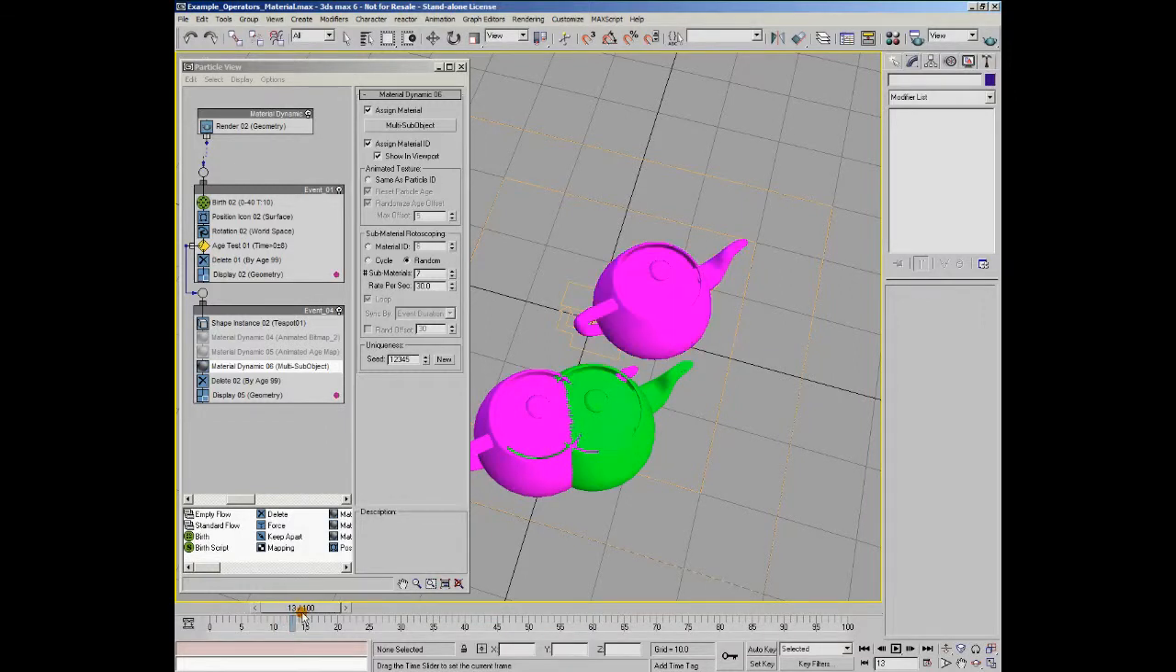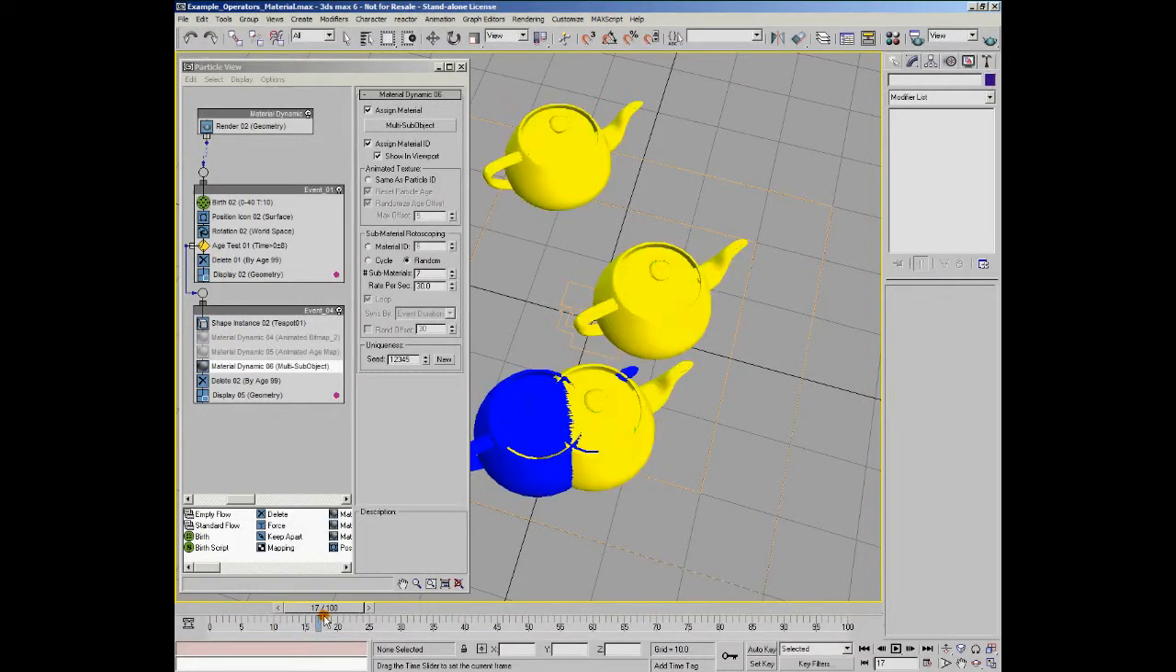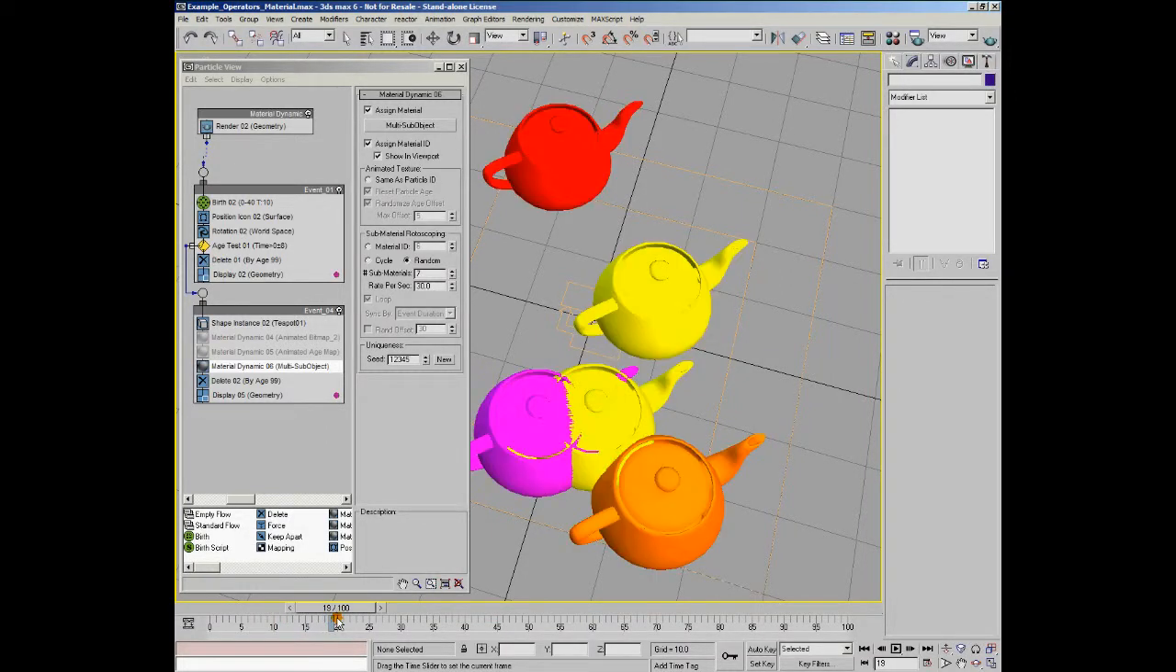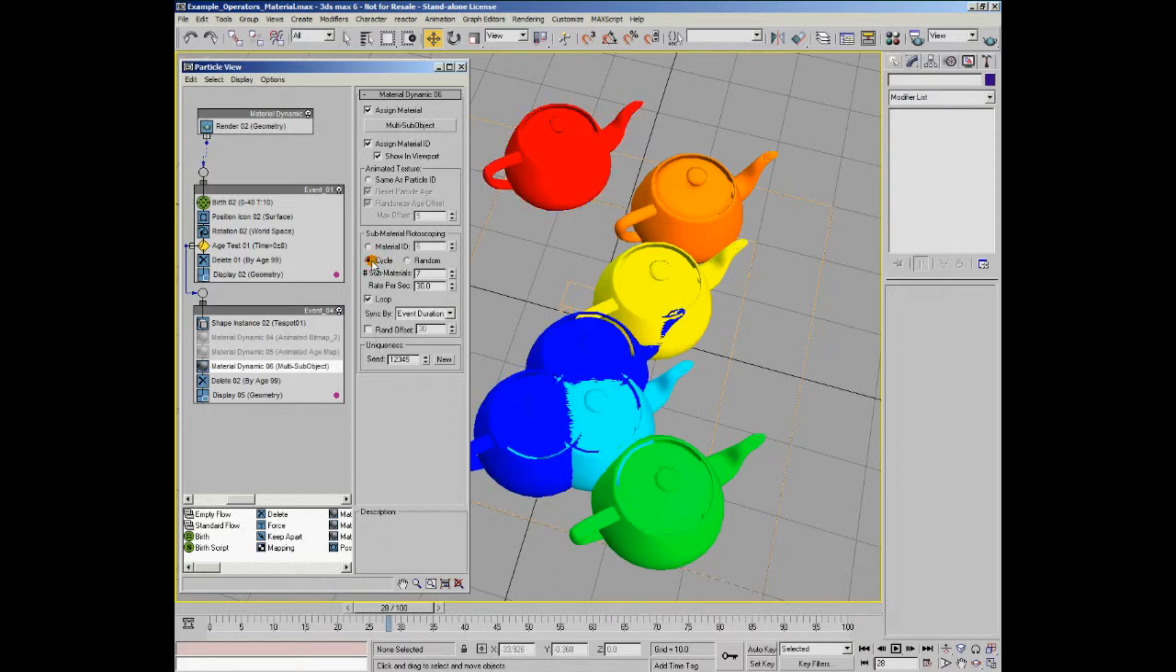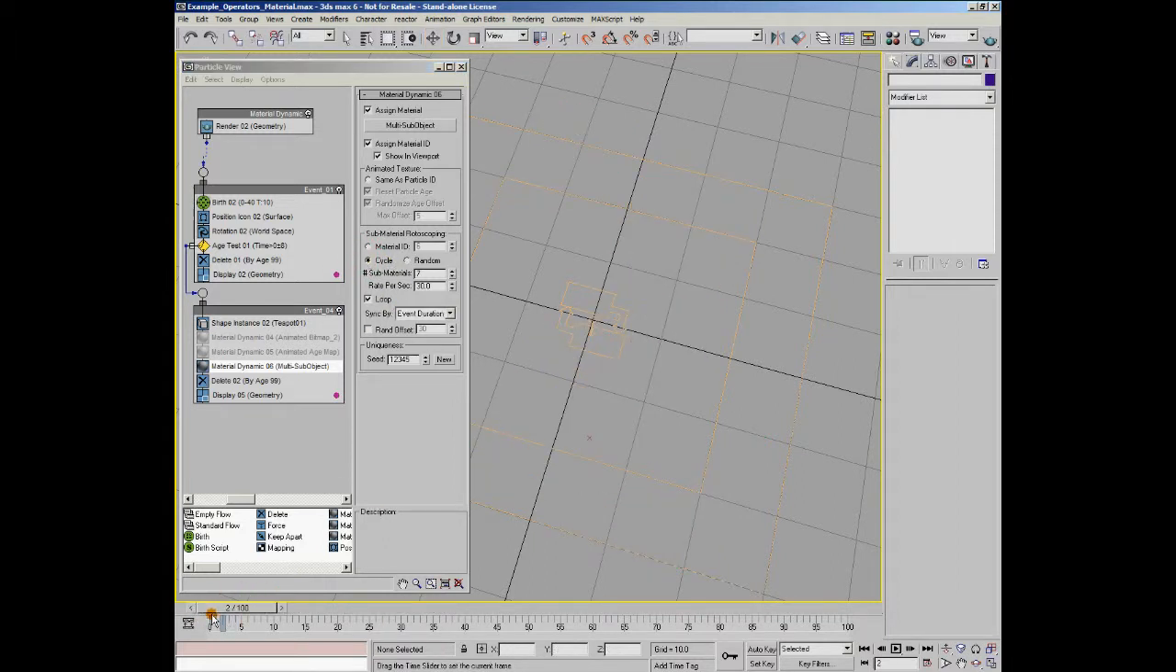You can see there's no correspondence between the ID on one frame and on the next frame. So literally what's happening here is random IDs are being assigned from frame to frame. If we go to cycle and we go back to frame 0 and run through it again, if we look